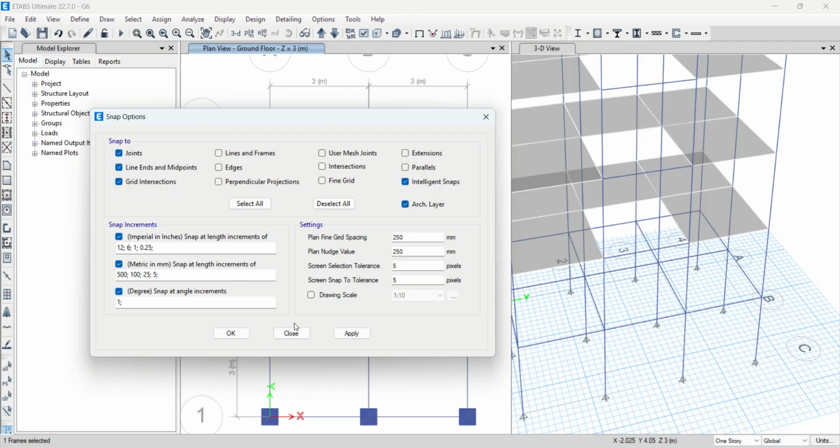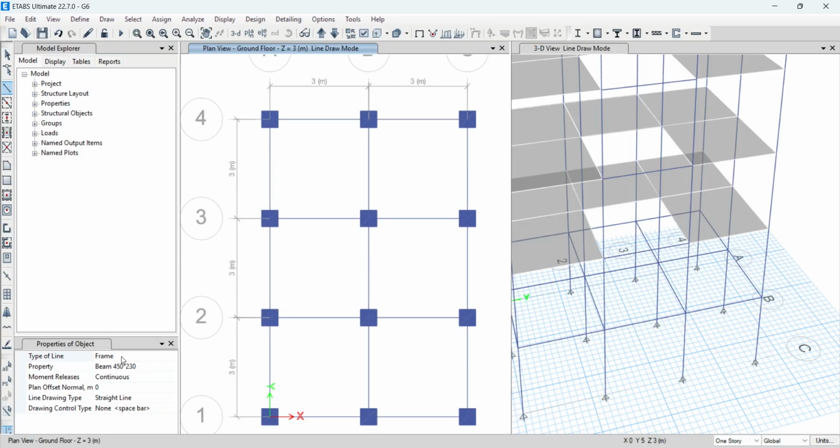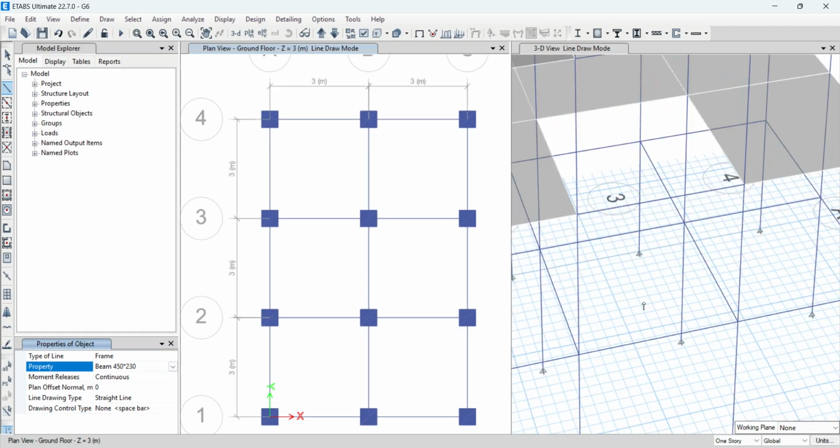It must be checked. Okay, now we have to come and draw the beam here, and you have to select your beam. Mine is already selected, beam 450 by 230. Now we add the landing beam, click here and drag it